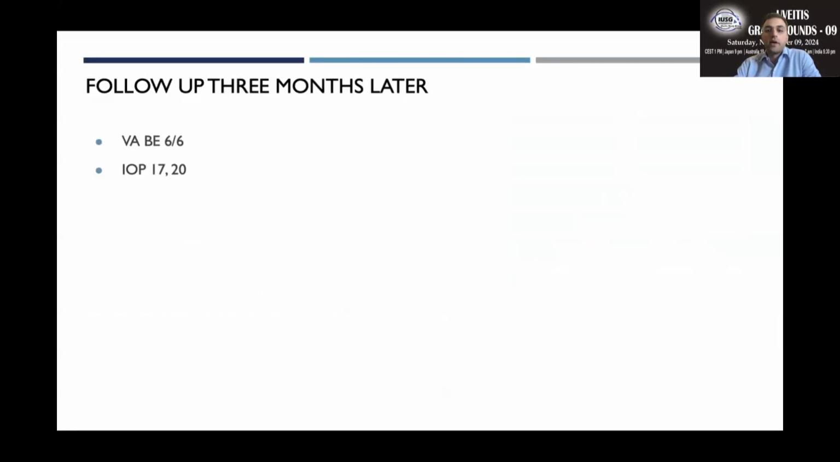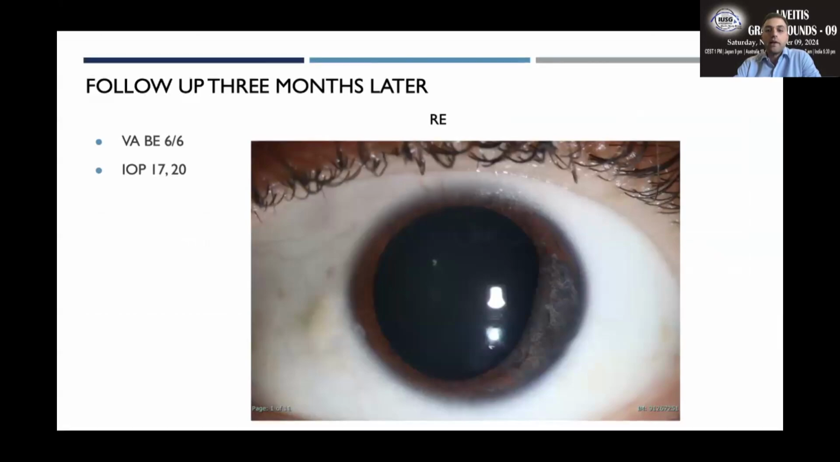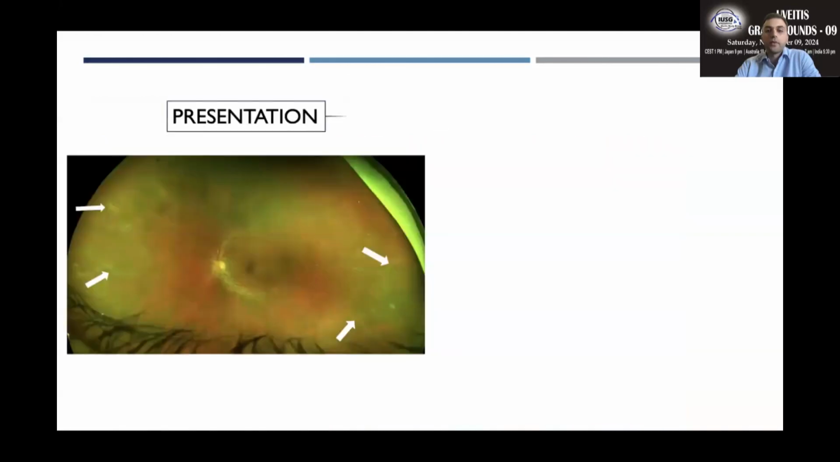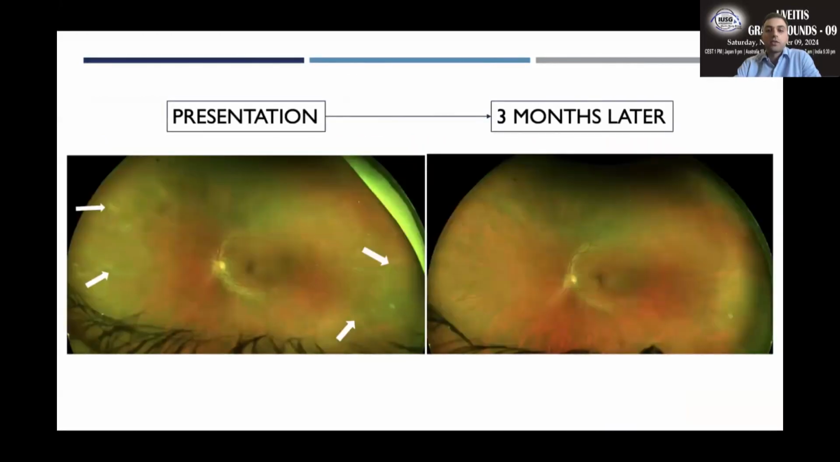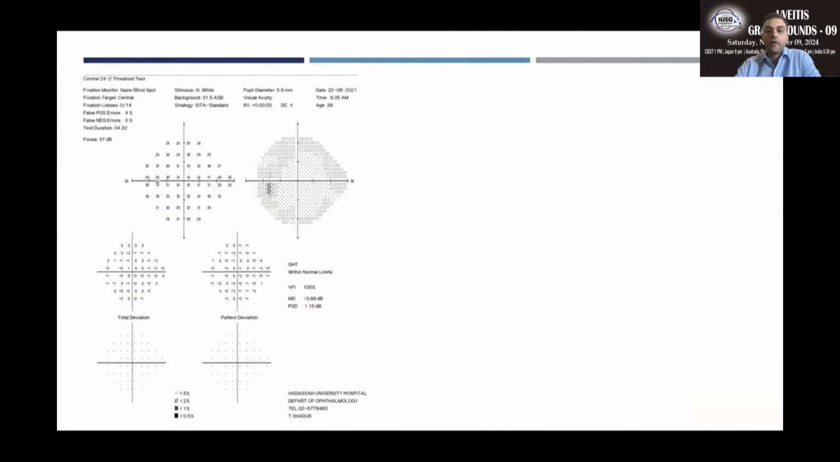3 months later, his vision was preserved and the intraocular pressure was stable in both eyes. The cornea was clear with no keratic precipitates and the anterior chamber was quiet. However, we clearly observed a sectoral iris atrophy developing in the temporal part of the iris and a marked resolution of perivascular sheathing in the left eye. The patient completed a visual field test with no defects detected, and it is important to note that the patient